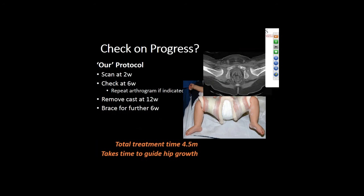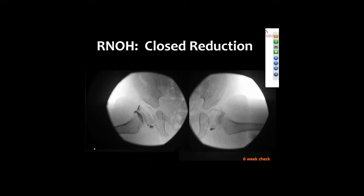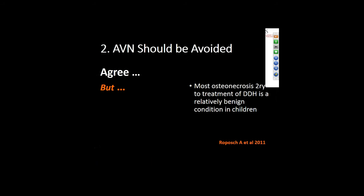So our protocol is the same for both of these hips. One had a soft tissue release, the other did not require it. So on day 1, the hips looked like this, and at the 6-week check, there's been significant improvement in congruency, anatomy, and stability. Of course, we should avoid AVN, and we've discussed yesterday that there could be problems with the